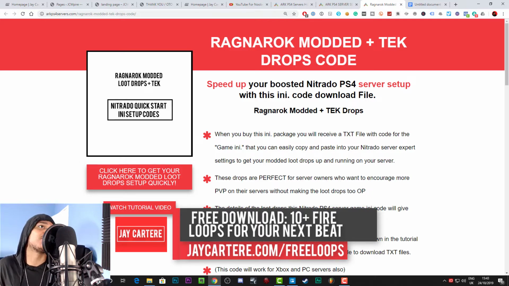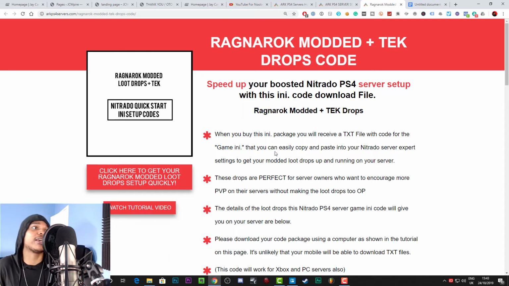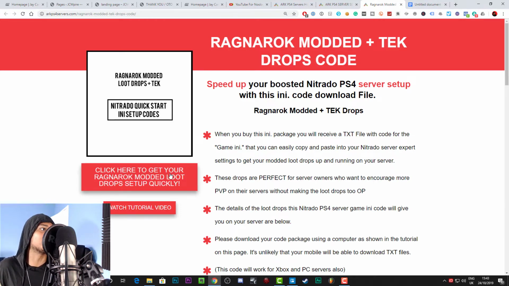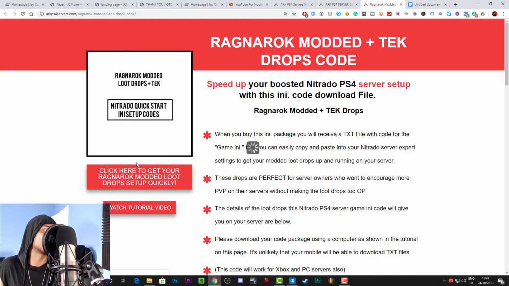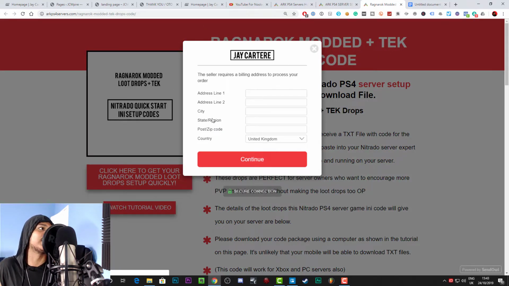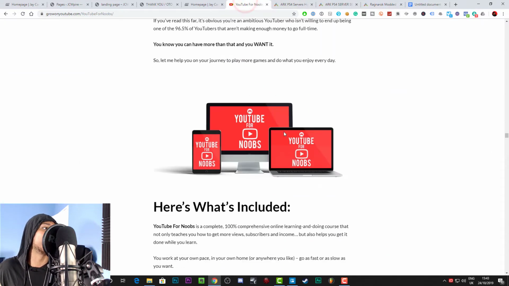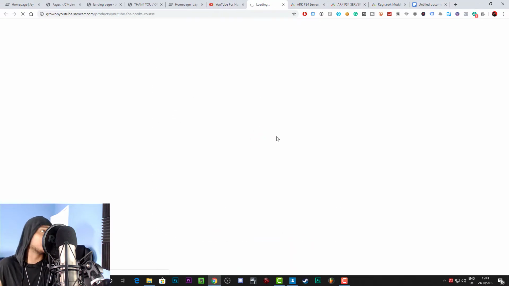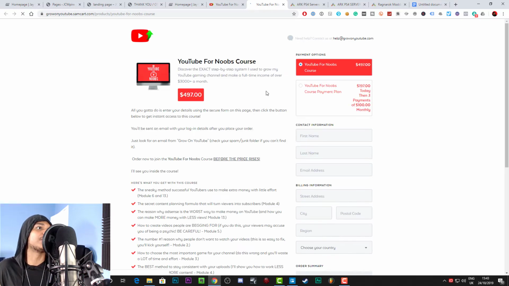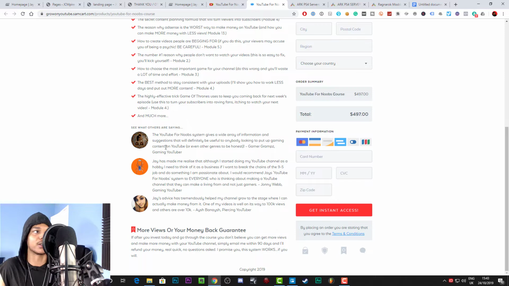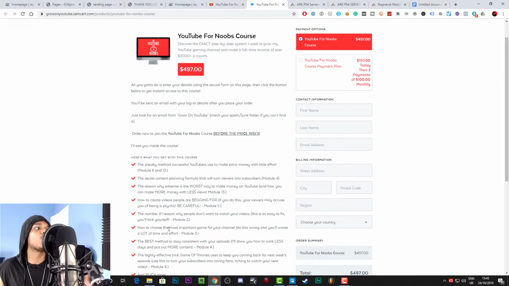After your sales page, you should have a checkout page. Now, this can differ depending on the software or the service that you're using. For example, on this sales page, the checkout page is right on the actual site. So once you click this to enter your details, this is the checkout page. It's a modal that pops up on the website, so you don't actually go to another page. However, on my YouTube For Noobs sales page, if you click here, it will take you to a checkout page where I'm using Samcart, and it gives you all the information here that you need. And you can see we've got some extra testimonials, we've got a money back guarantee, all that sort of stuff, and we've got bullet points and whatnot